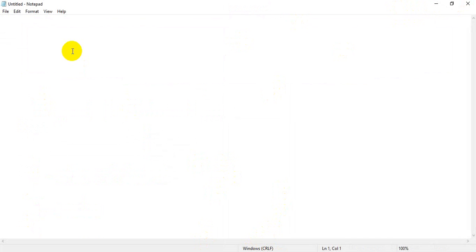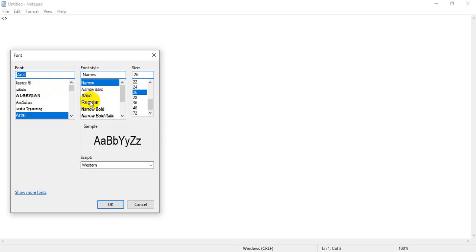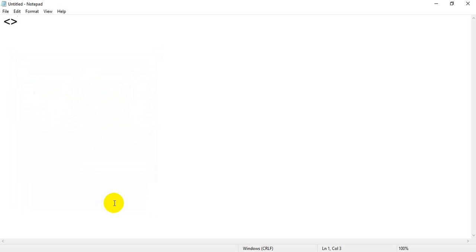Students, we are going to start our Notepad application and write code. I am going to increase the font size so you will get a clear picture of what I am doing. Just increase it to 24, 26, whatever. Take Arial, regular, so it shows a clear picture. Now, in Notepad we will start our coding.